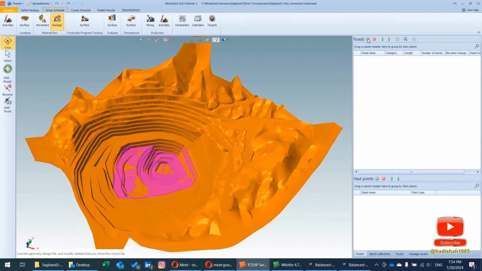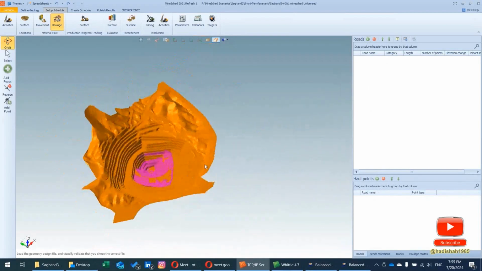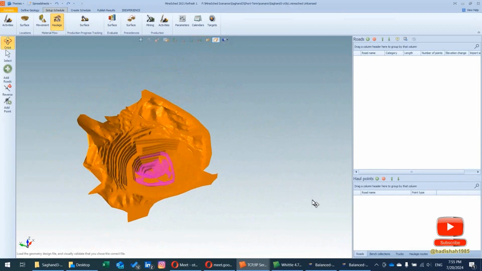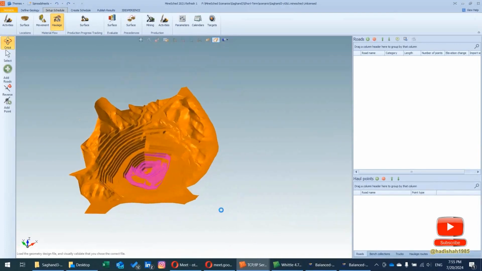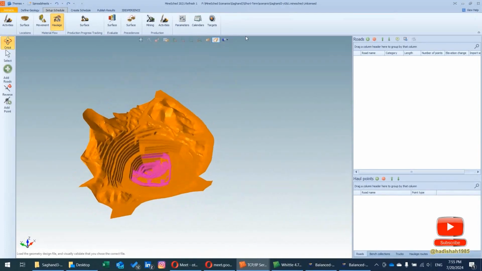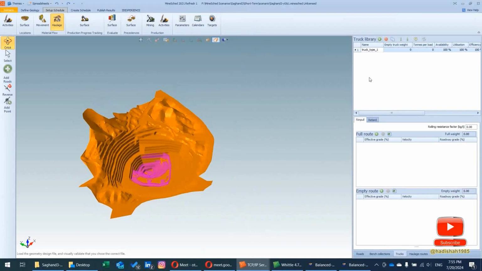You can define here roads, routes, haul points, exit and entrance points for your haulage systems to the waste dump or to other destinations such as stockpiles or the crusher site, I mean the processing plant, and define the trucks,